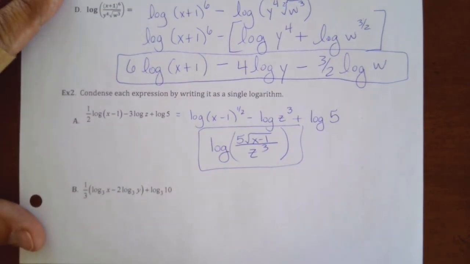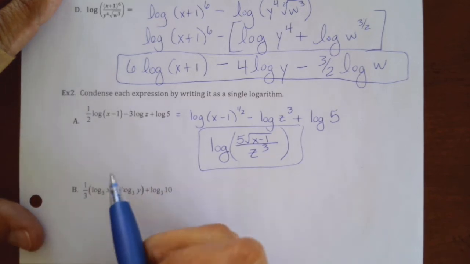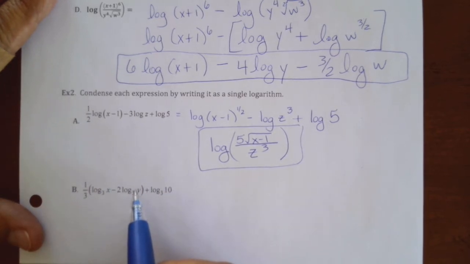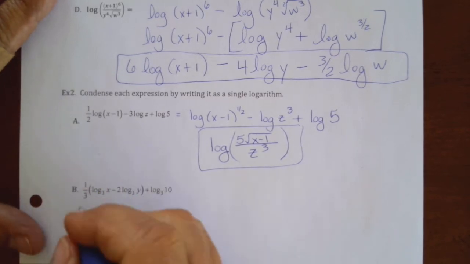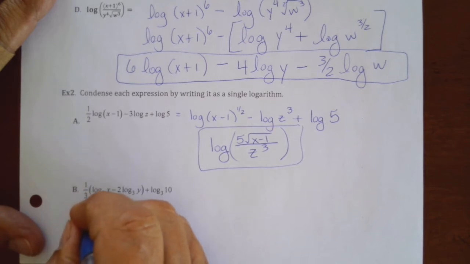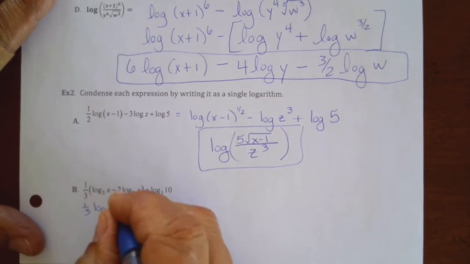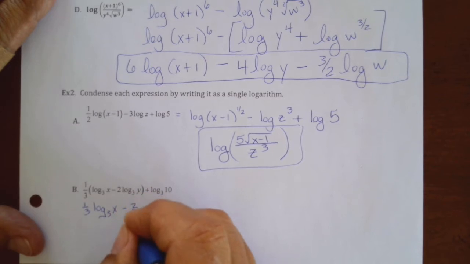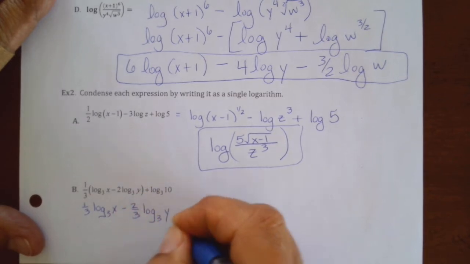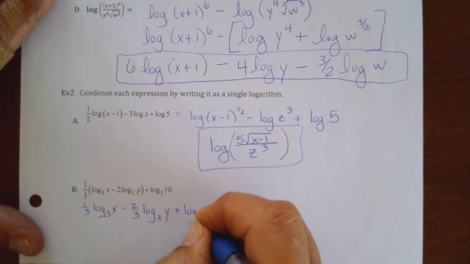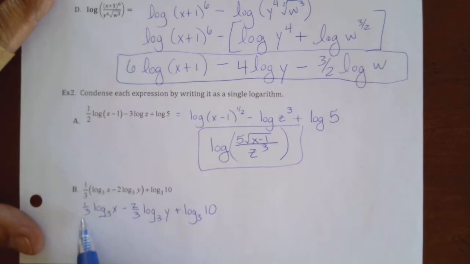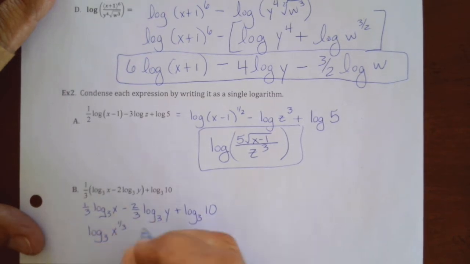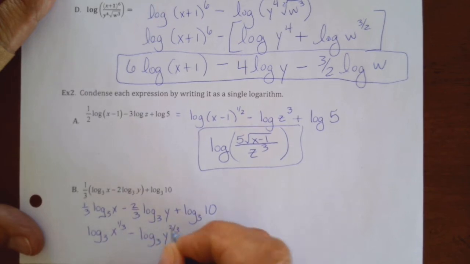All right, look at the last one in B. So this 1/3 is out front, so I've got to distribute that. So this is 1/3 the log base 3 of x. 1/3 times that -2 would be -2/3 log base 3 of y, and then plus log base 3 of 10. Now this is the exponent that'll go up here. This is the exponent that'll go there. So log base 3 of x to the 1/3 minus log base 3 of y to the 2/3 plus log